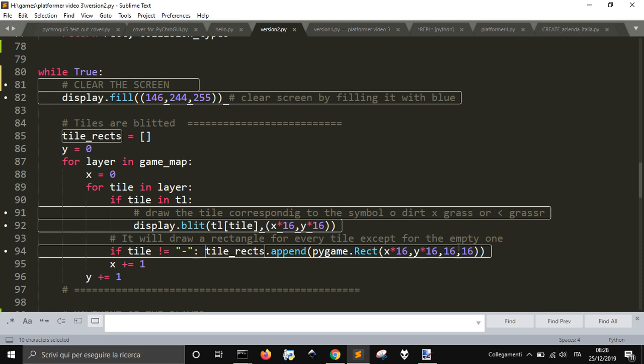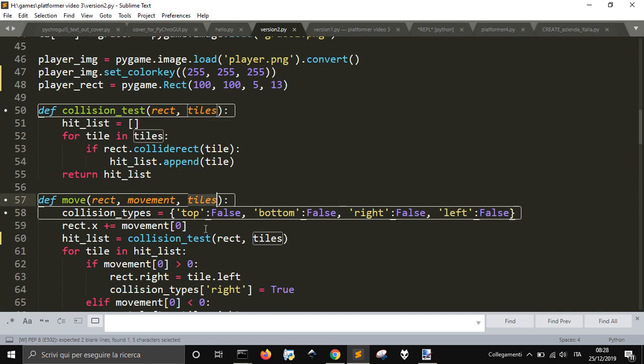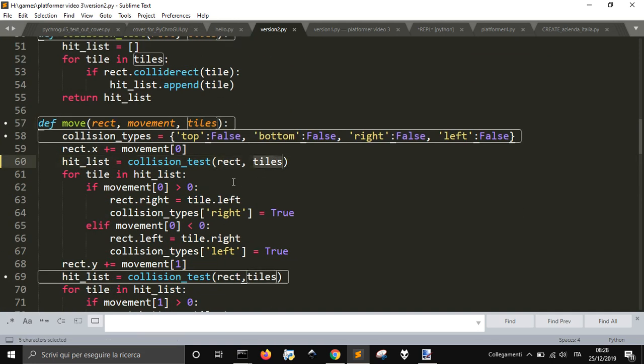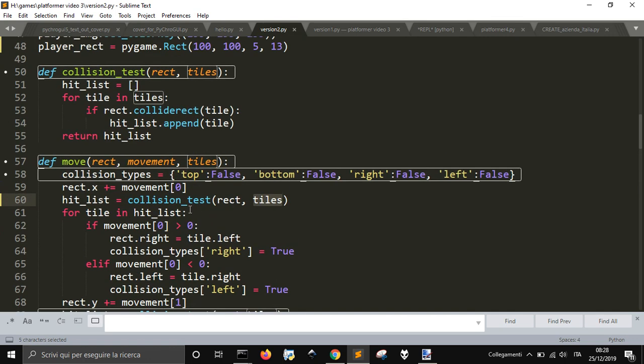So every tile has its position, and it is a rectangle object that is in this list, tile rects, that goes here with the name of tiles, and it looks for all the